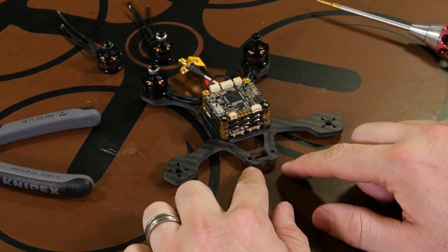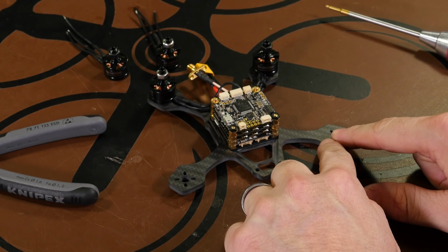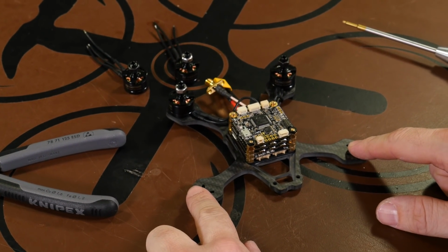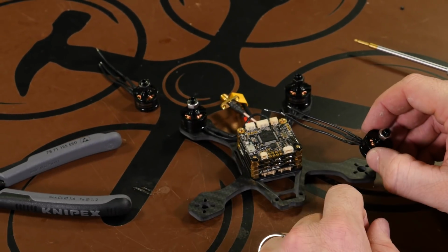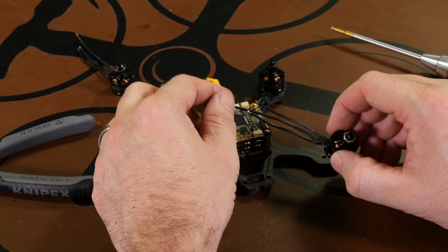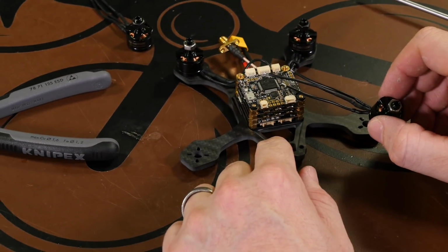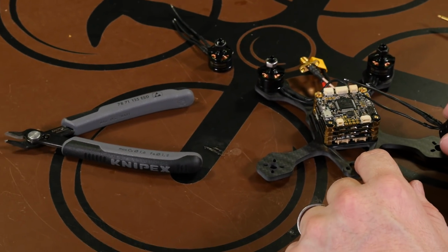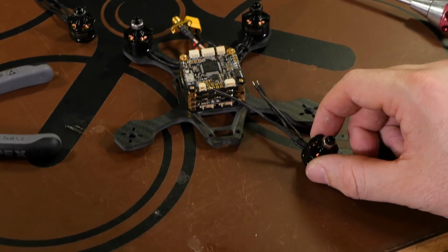So now with the front facing you, the motor arm to your right on the bottom is motor 4, and this will be motor 2. So motor 4, just opposite, will be a silver nut, and just like we did earlier, motor wire 2 that we extended will be going to the furthest pad, and motor 4 goes onto the bottom pads. So we'll install this first just like we did earlier. Motor wire 2 to the furthest pad,